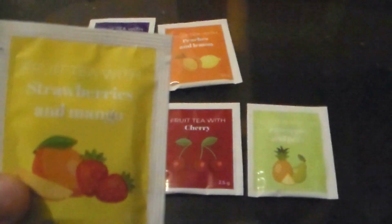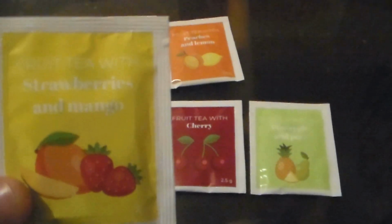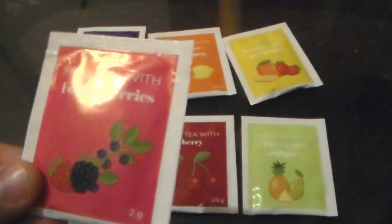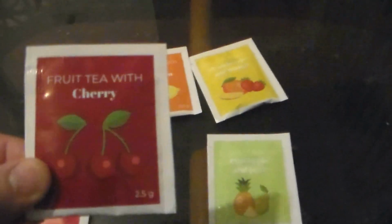For example, we've got black currant, we've got peaches and lemon, which seems like an odd combination I've not come across before. We've got strawberry and mango. Again, an unusual combination, but I've kind of experienced this before, but not for a long time. We've got forest berries rather, pretty standard. We've got cherry, which I'm looking forward to tasting because, as I've mentioned before, I do like cherry